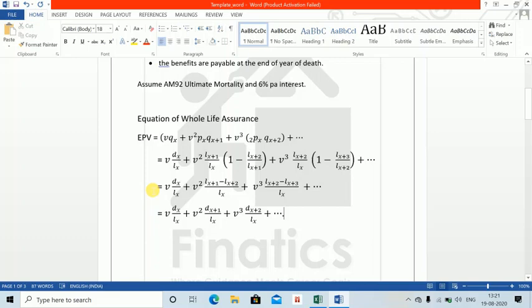So basically there are 3 components. One is the sum assured, which we have as 1. Then we have our v, which is a discounting factor, and the third component is the probability, which can be calculated easily by d_x by l_x and so on. Now let's do this sum in Excel.